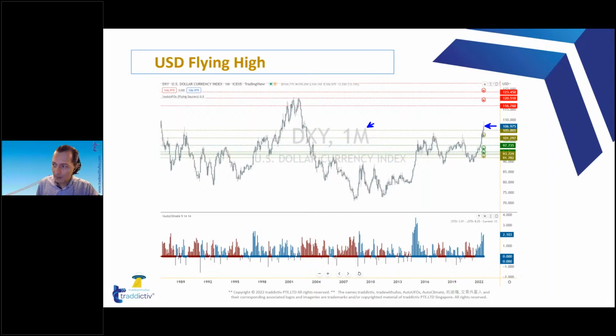We are talking about the dollar index trading around 106 point something. And if you look at the last time this happened, it was there. And if you look at when it was there, that was, my friends, in 2002. So we are reaching levels for the dollar index that we have not seen for 20 years. This is obviously a very relevant development, very relevant situation for the dollar.